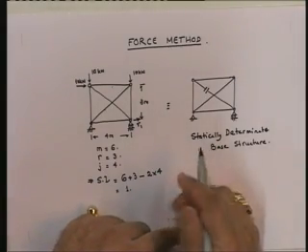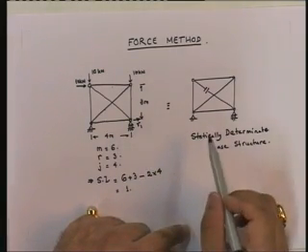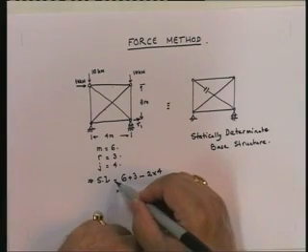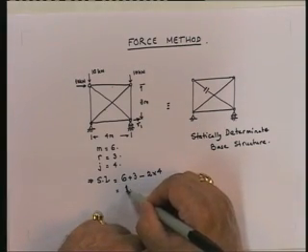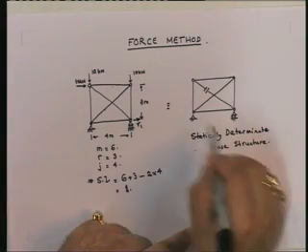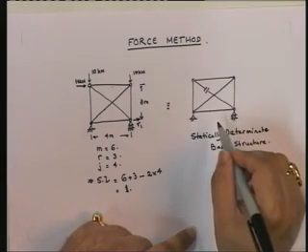In other words, you take the structure, eliminate one of the unknown forces because it's a single degree of indeterminacy. So you have to eliminate one of the unknown forces. Once you eliminate one of the unknown forces, then you have a statically determinate structure, because